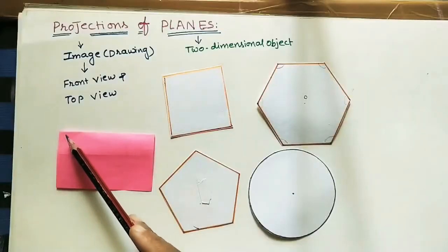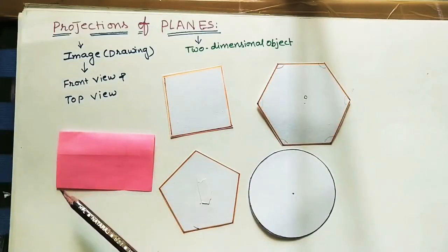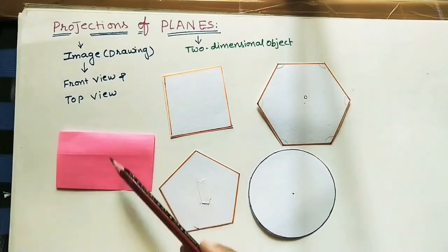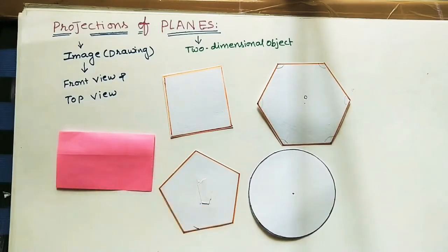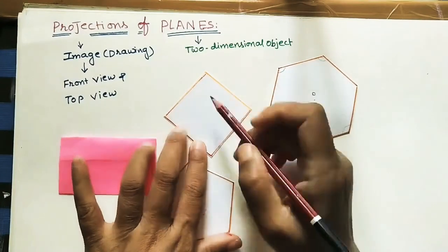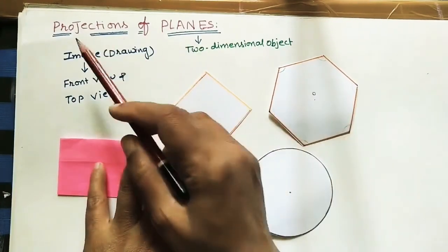As we know, a rectangle has one longer side and one shorter side. The opposite sides have equal length. This side and this side have the same length, and this side and this side have the same length. And we can take a nonagon also. It has 9 sides. And we can take the rhombus also. Rhombus means if you are tilting it like this, we can take the rhombus plane also for doing the projections.